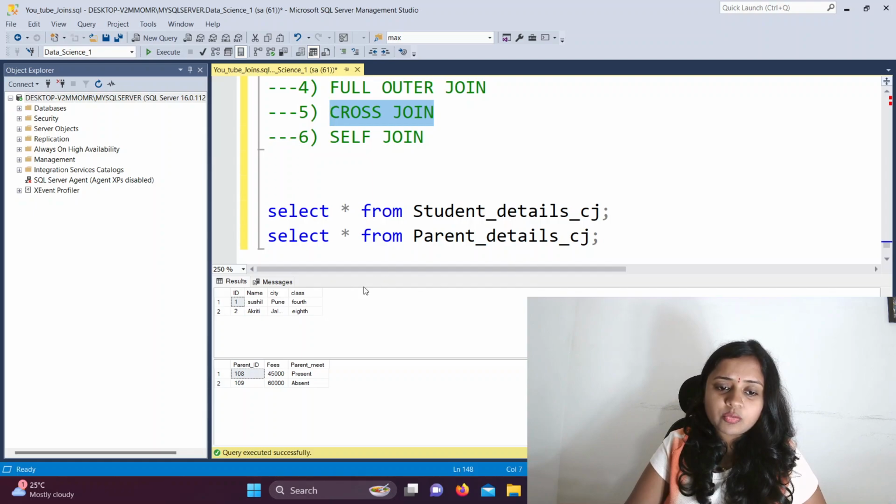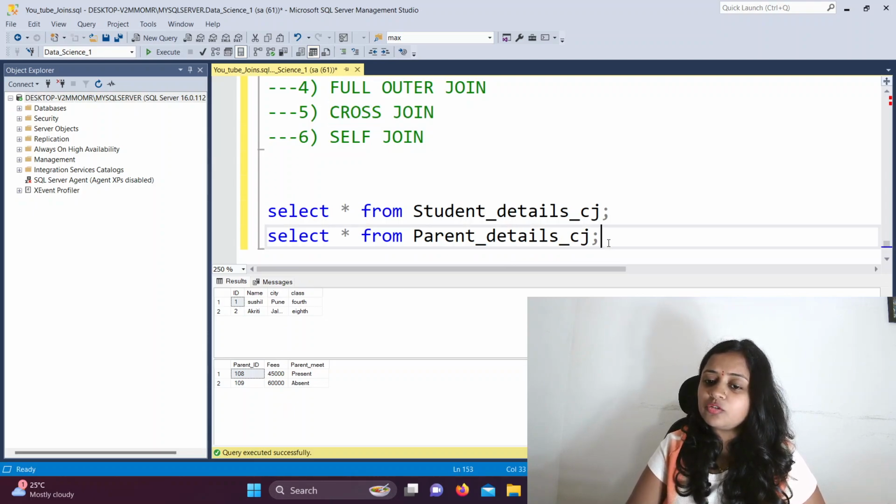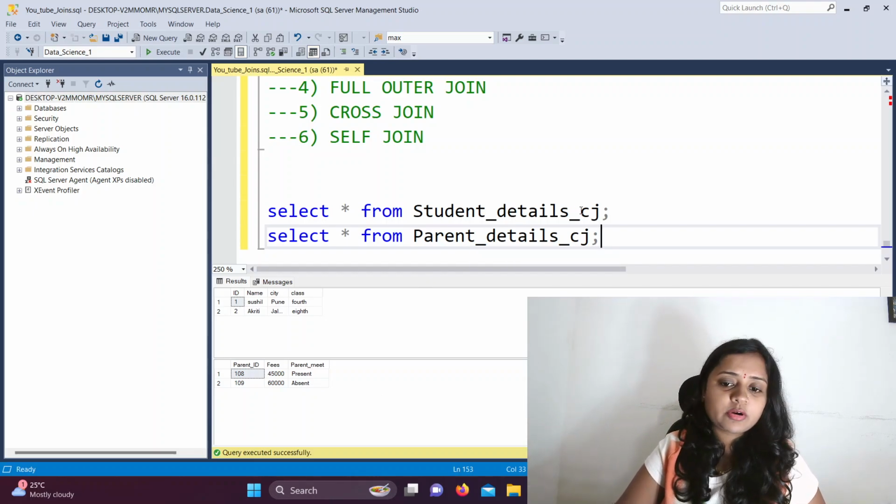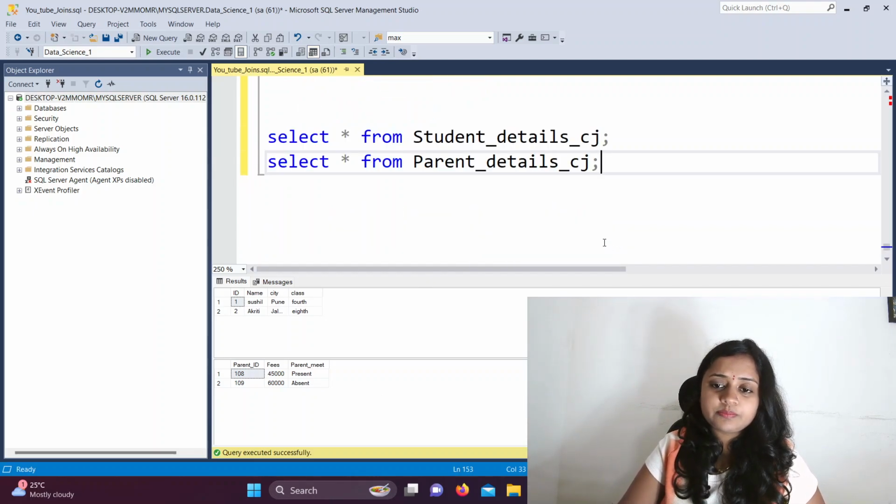As of now, like you can see on my screen, student details is somewhere related to the parent details, even though they do not have anything in common. Okay, so something should be related to each other in a common sense, but it is not necessary that any particular column be common between these tables, whenever you are applying the cross join between two tables or more than two tables. Okay, so this is the thing.